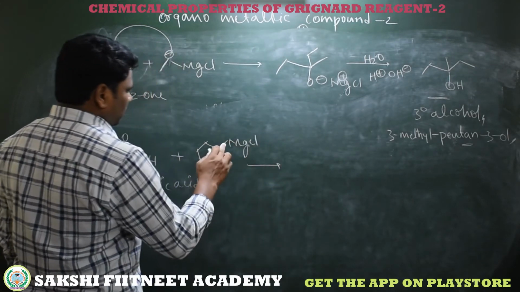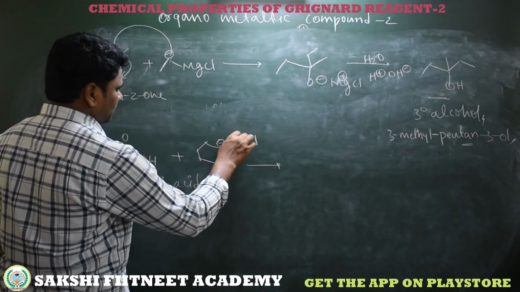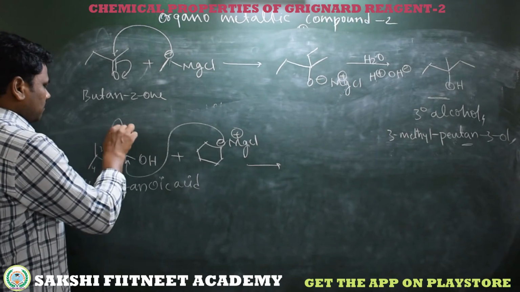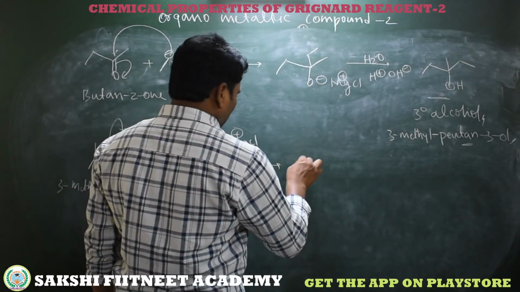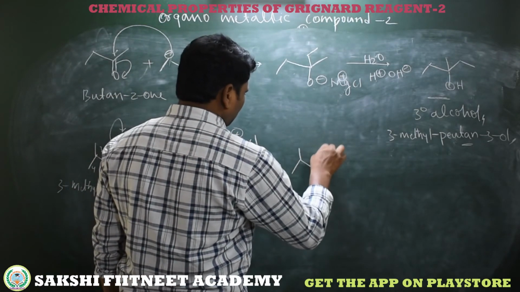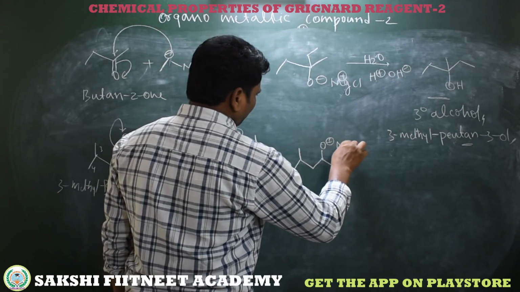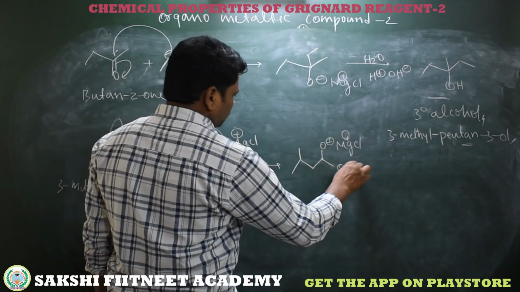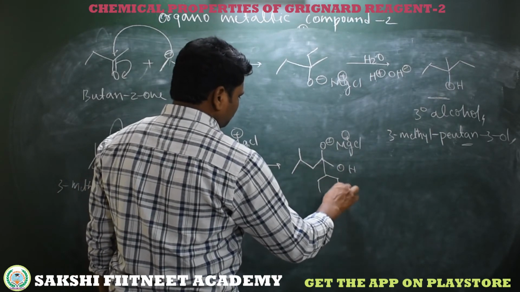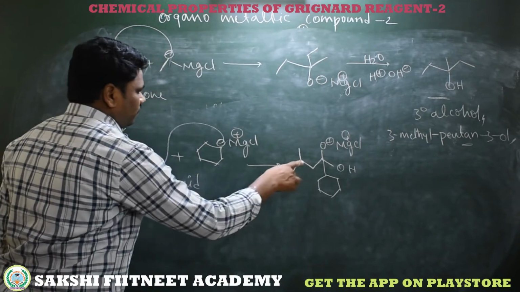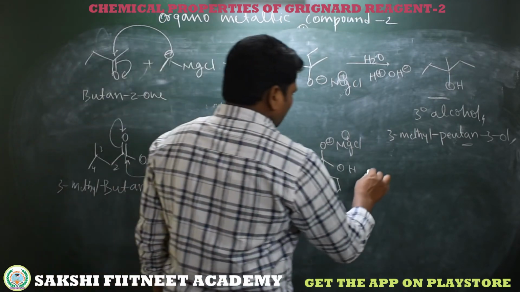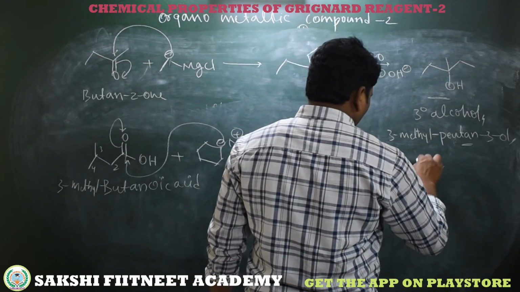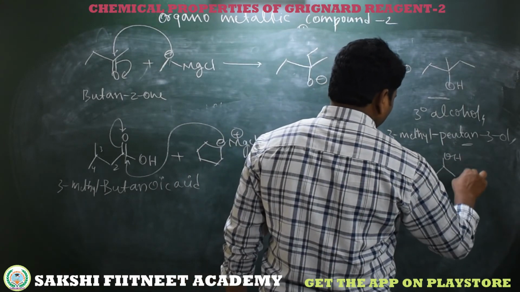So here this carbon gets minus, it's MgCl plus. So here this minus is directly attacking a carbon and pi electrons shift to the oxygen. Then we got O minus MgCl plus. So here OH is as it is. Here we have this group bonded, which came from the Grignard reagent. Now on hydrolysis we will get 2 hydroxy groups on the same carbon.